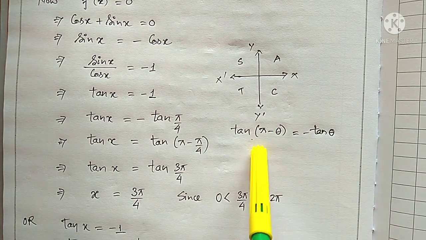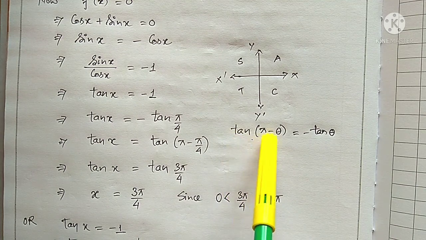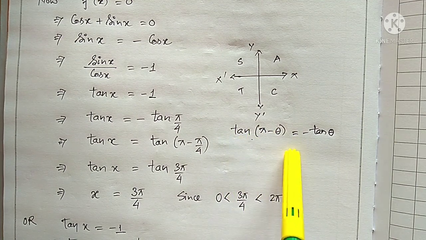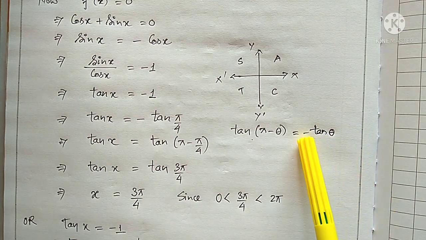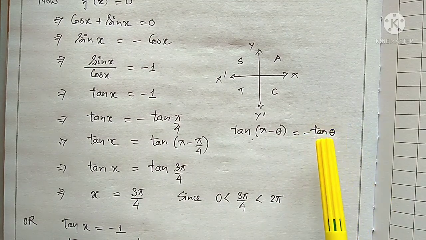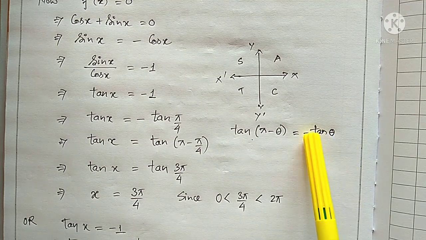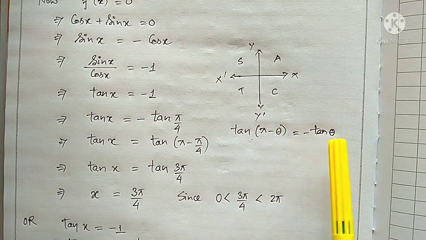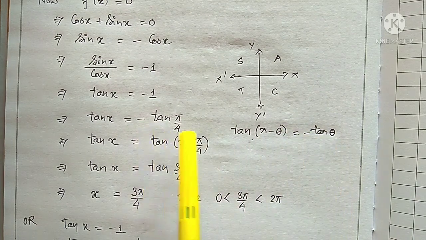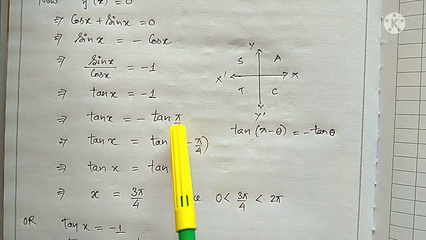Only for that reason here we write pi minus theta. Pi minus theta means which quadrant? Second quadrant. In the second quadrant sine is positive, so that's why we write minus sin theta. So if we get minus sin theta, in place of minus sin theta we can also write sin of pi minus theta. So in this case the same condition we apply here, theta means